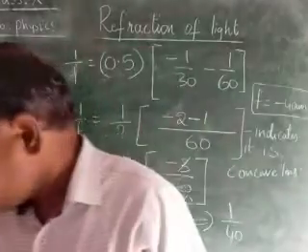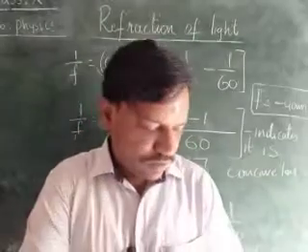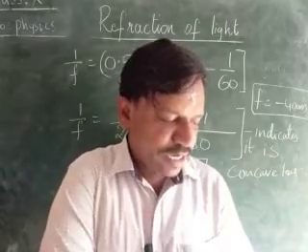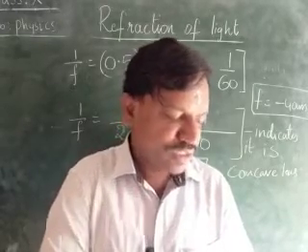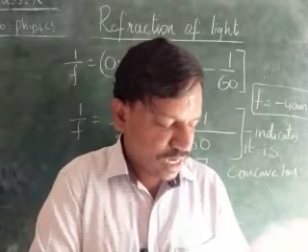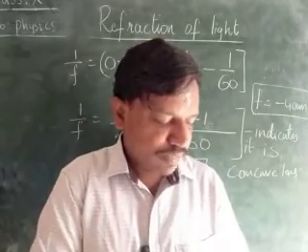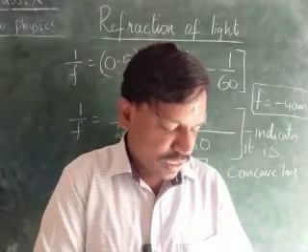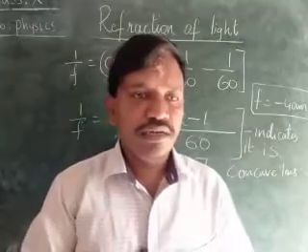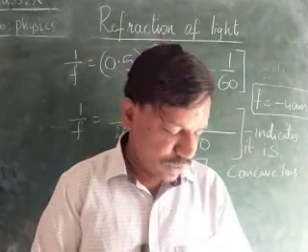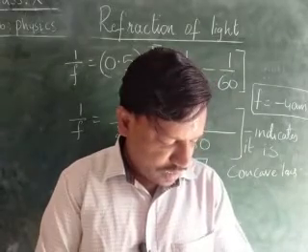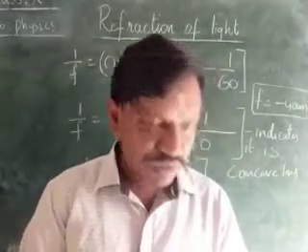By this we completed the chapter, children, except the derivations. In this chapter we completed everything. The derivations related to the lens formula, the lens maker's formula, as well as the curved surface formula are actually not required. That is the reason I did not explain them, children. Okay, later we will see.